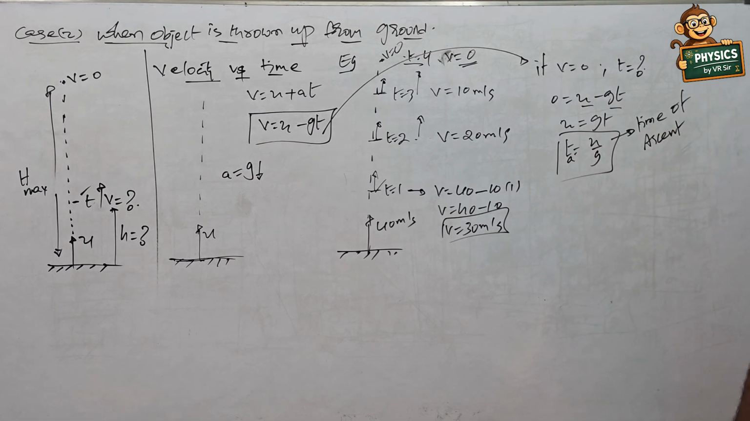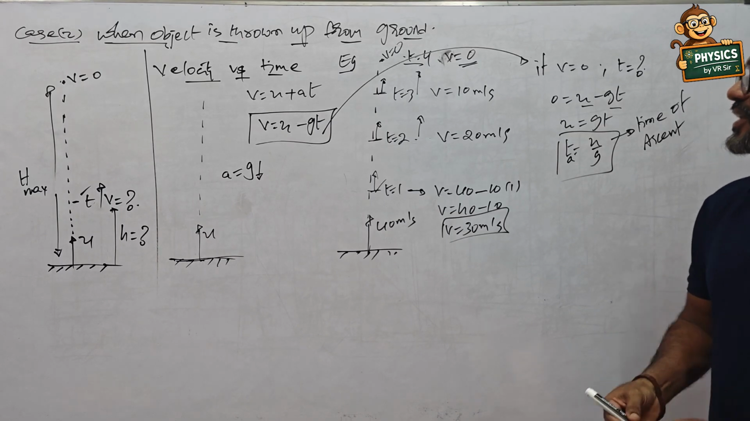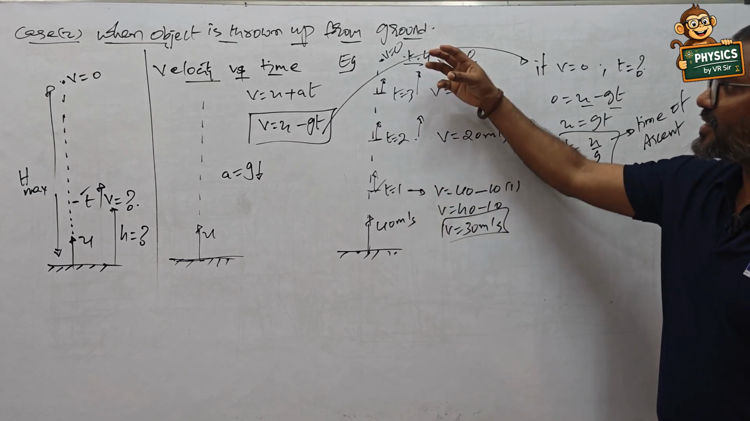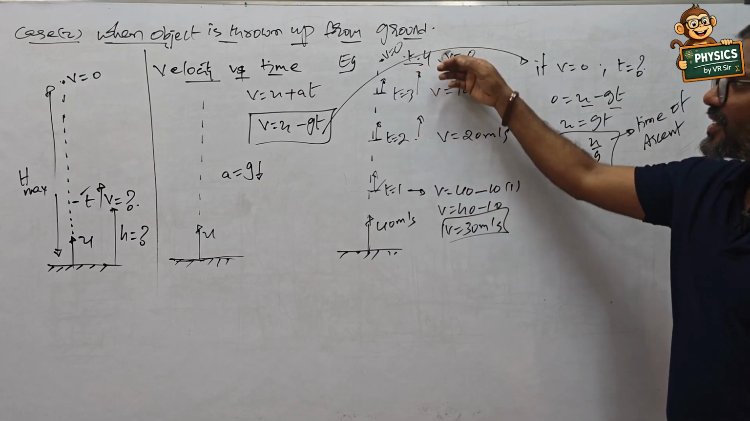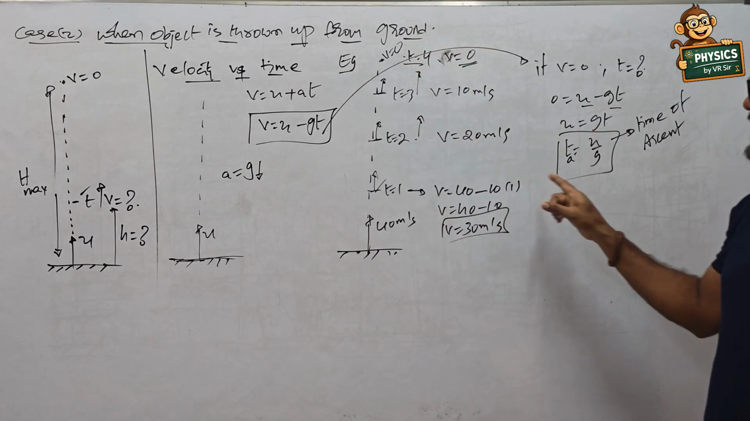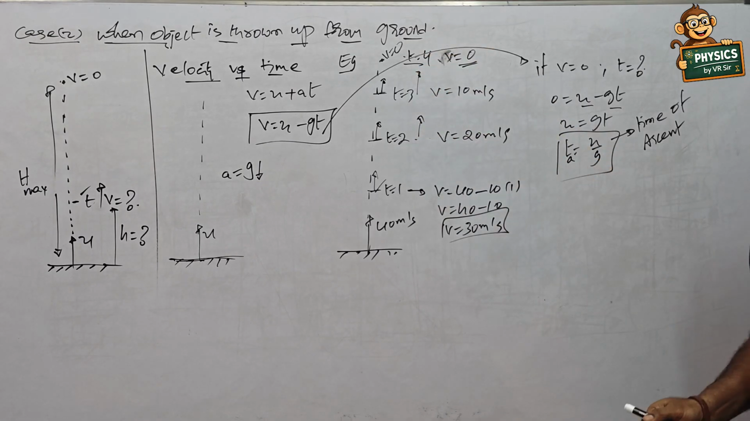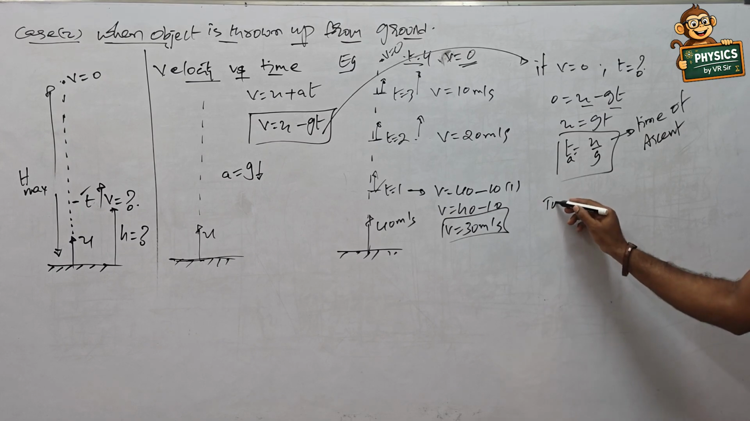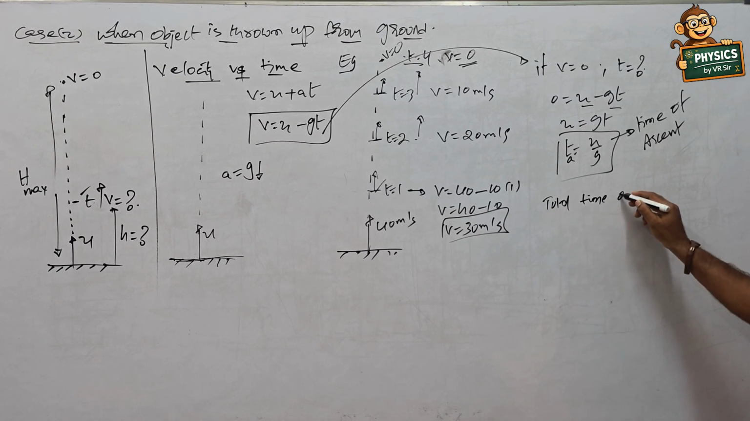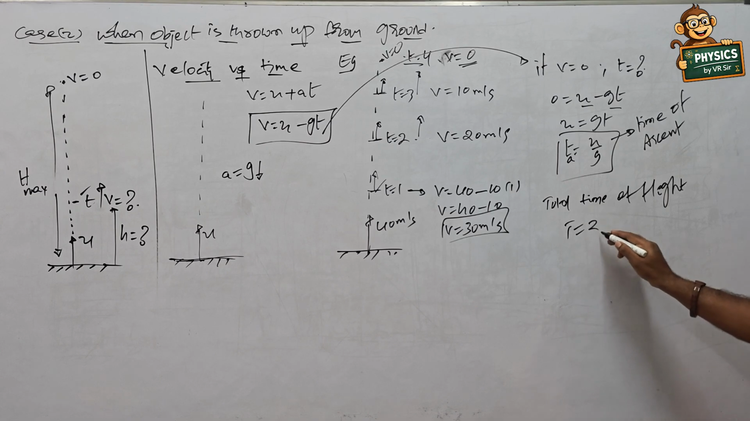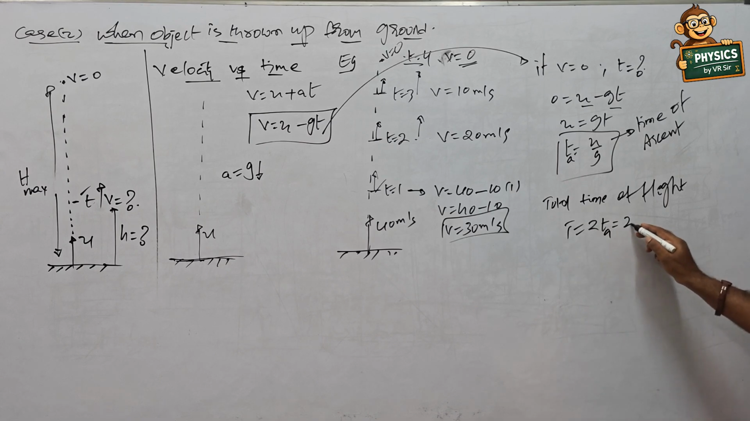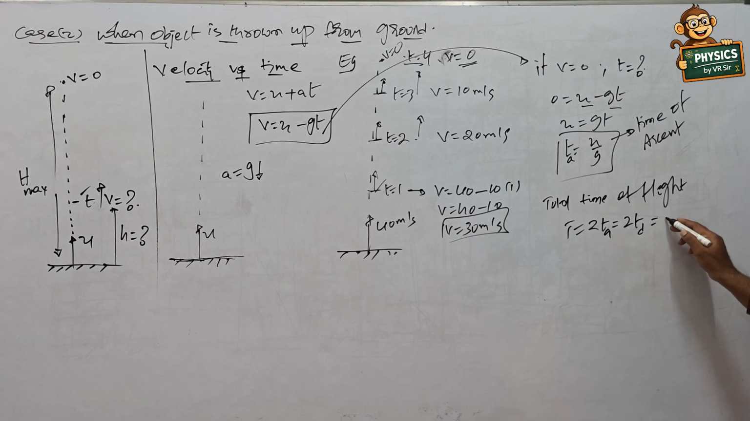Of course, if air resistance is neglected, then the time of ascent is the time taken to reach maximum height. And if air resistance is neglected, then the time of descent is equivalent to the time of ascent. Therefore, the total time of flight, capital T, is either 2 times the time of ascent or 2 times the time of descent, and this is nothing but 2u by g. And we can consider this as